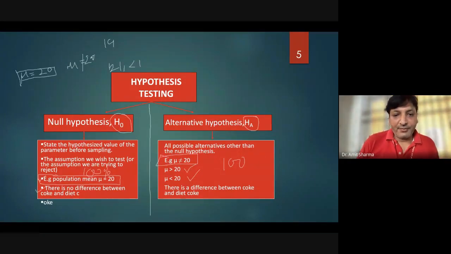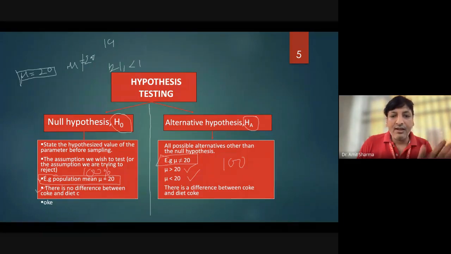Sorry for that. So this is the difference between both types of hypothesis: on one side we are 100% sure that something is happening, and in the alternative hypothesis we are also 100% sure, and we can say that the first thing which has happened cannot be sure, but it can be something else.